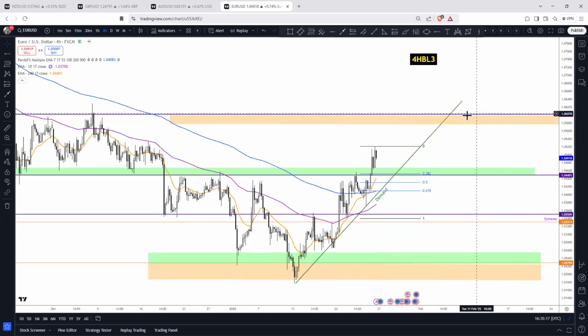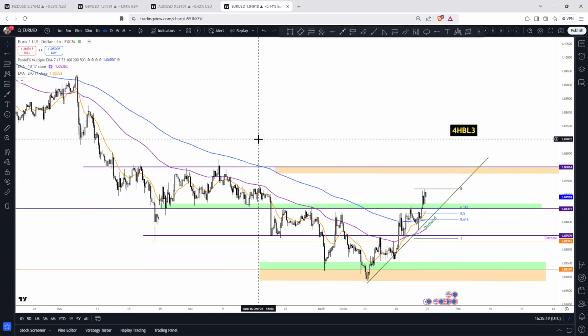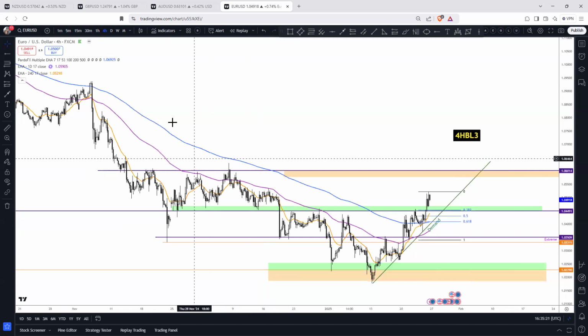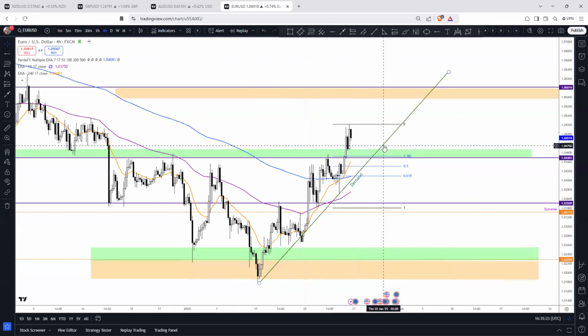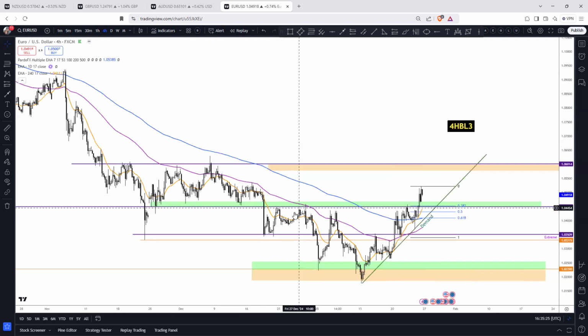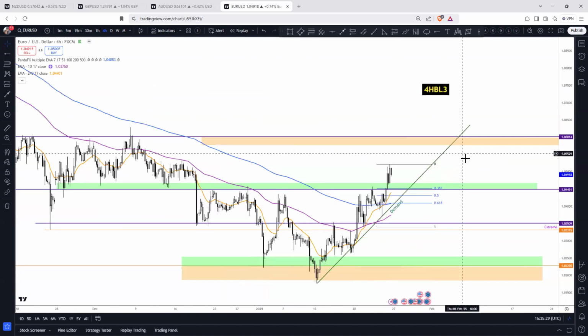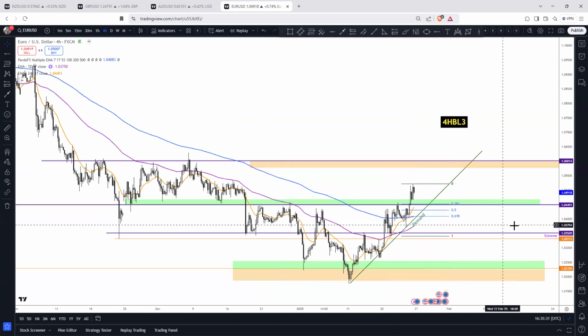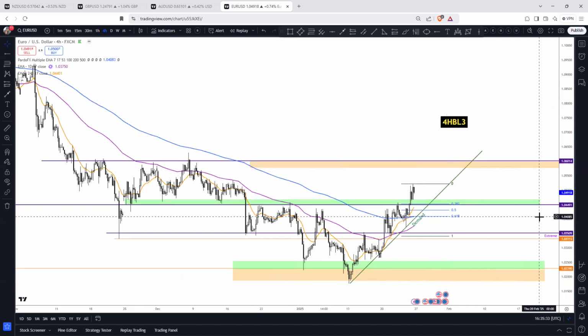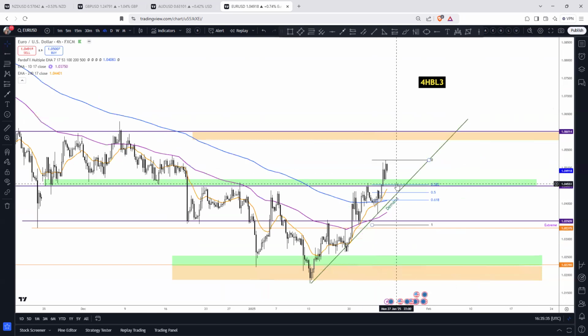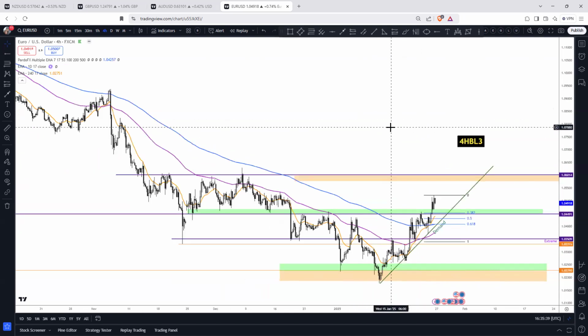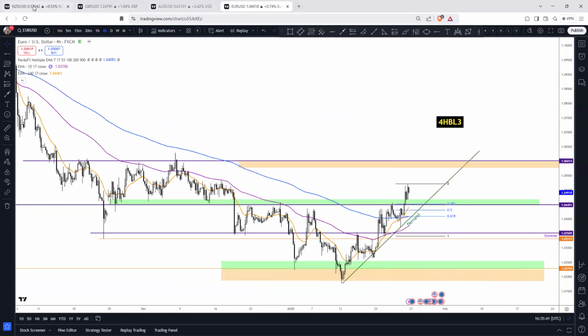Euro USD, a bit messy over the last couple of months, but has been on a downtrend. EMA 17 on the 4 hours has now pushed above the daily and the 200 EMA for the first time since September last year. So we're looking really for a retest of structure about 104.5 in order to then go long up to the 106 area. So, that's that one.